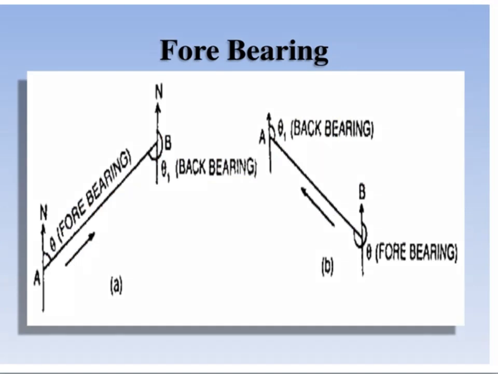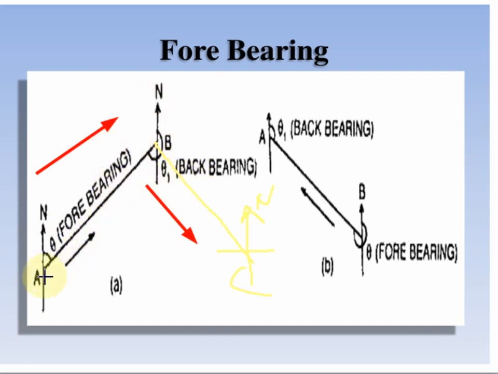Here this is the forward bearing, AB. So this is a traverse ABC. Here you can also draw a line from the north. So let ABC be the bearing line. What is forward bearing? Forward bearing is the bearing measured in the direction of the progressive survey. Our direction of the survey is this, so we have to move in this direction. So the forward bearing of line AB is this theta.